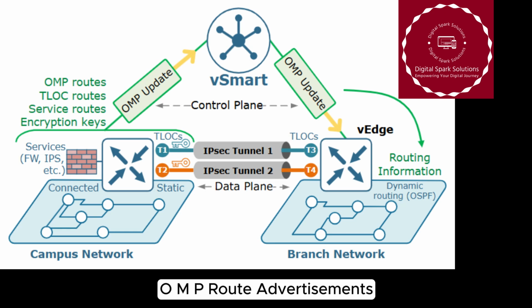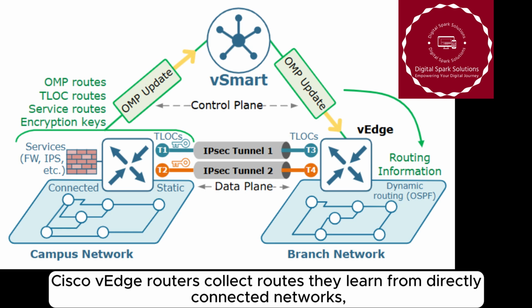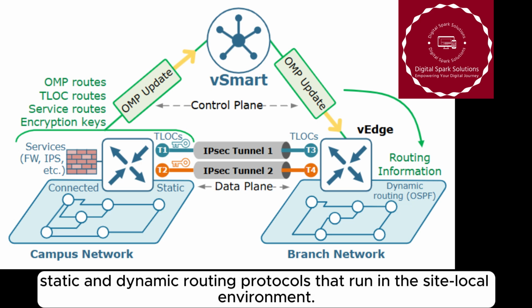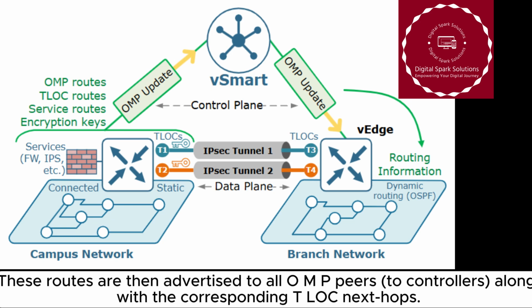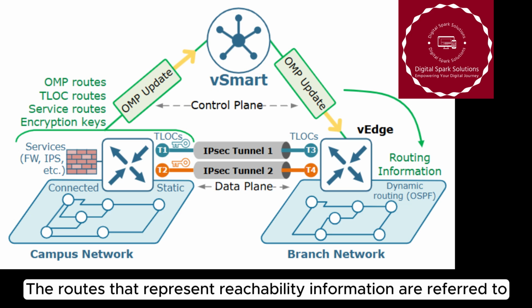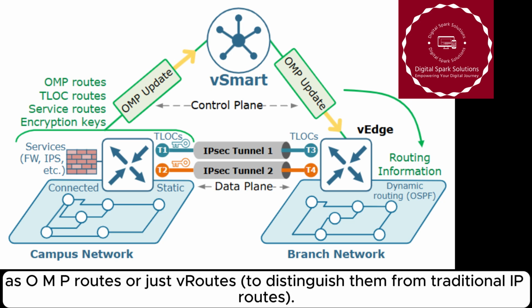OMP route advertisements. Cisco vEdge routers collect routes they learn from directly connected networks, static and dynamic routing protocols that run in the site local environment. These routes are then advertised to all OMP peers, the controllers, along with the corresponding TLOC next hops. The routes that represent reachability information are referred to as OMP routes or just vRoutes to distinguish them from traditional